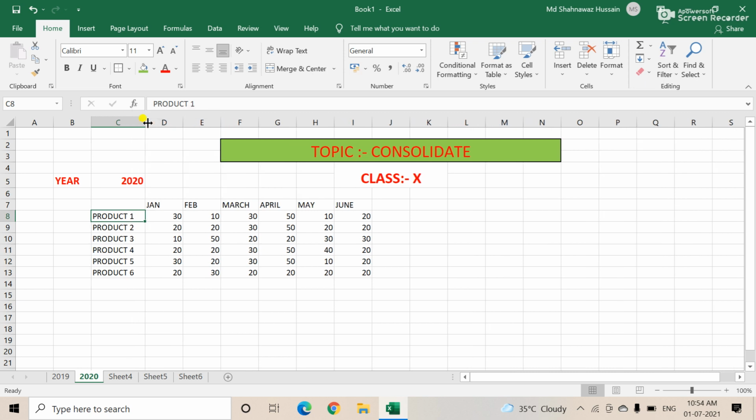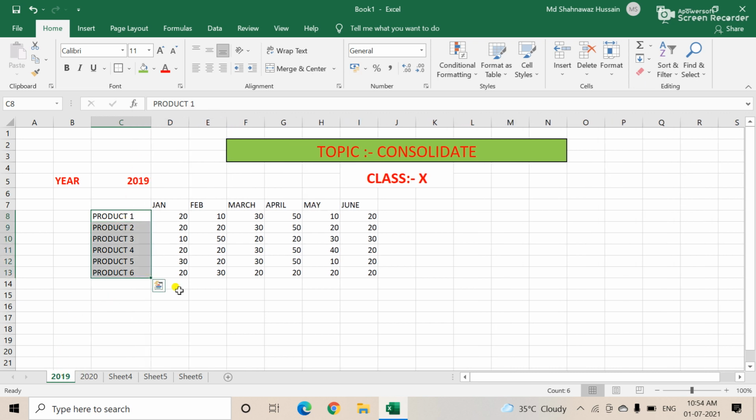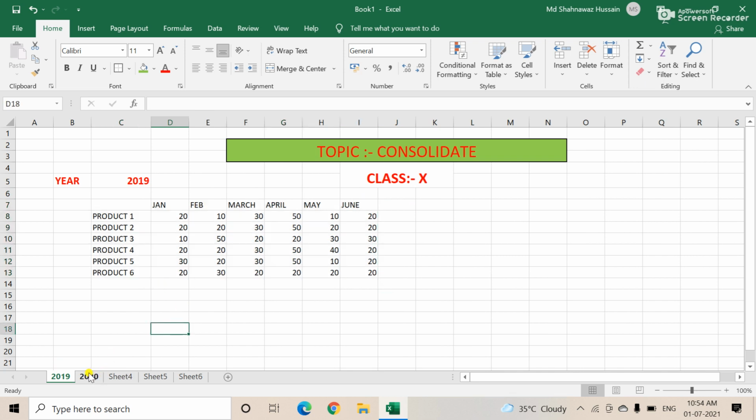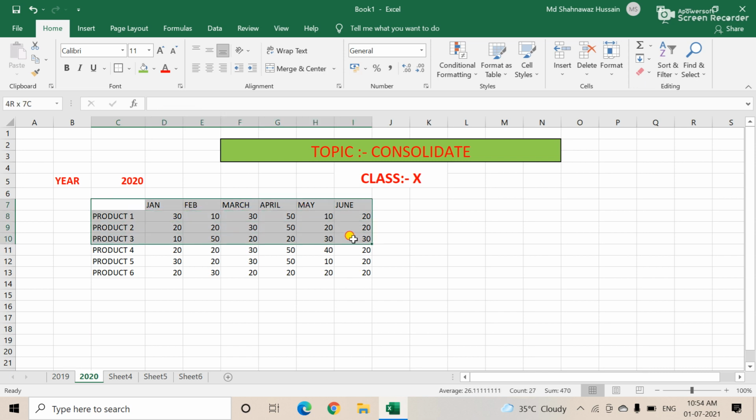We are going to merge the two data sets, the 6 months of data of 2019, January to June, and the next year's 6 months of data, January to June, calculate them and store them in a particular area. Suppose Sheet4. In Sheet4, we are going to store the 2-year data in a particular sheet.